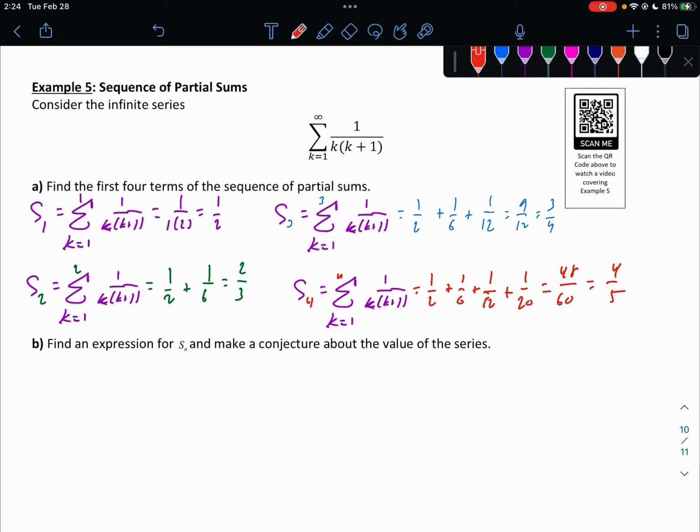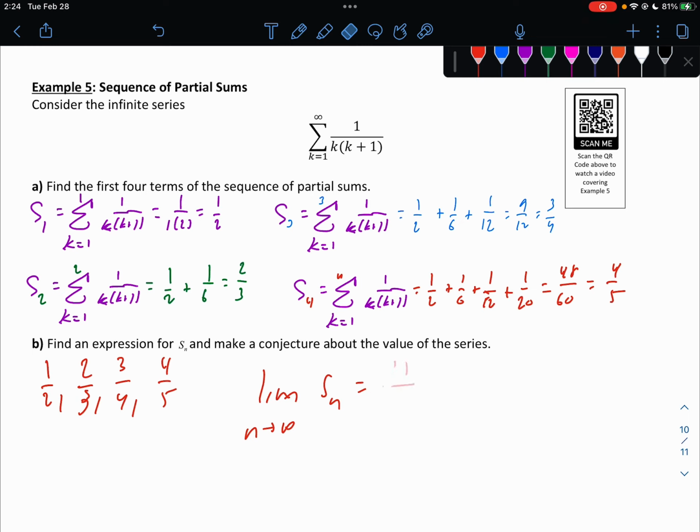Find an expression S sub n and make a conjecture about the value of the series. All right, so S sub 1 would be 1/2, S sub 2 is 2/3, S sub 3 is 3/4, S sub 4 is 4/5. Looks like the conjecture, so the limit as n approaches infinity of S sub n is just going to be, the numerator looks just like it's going to be n, the denominator is just going to be,